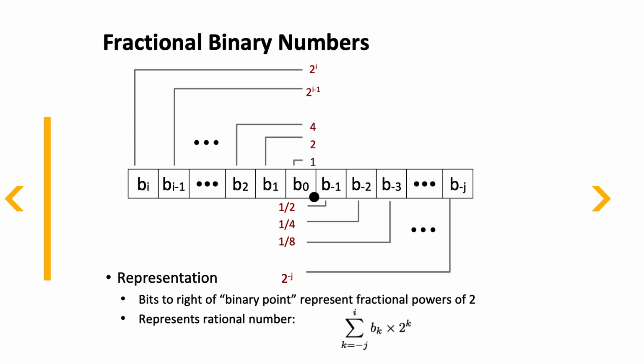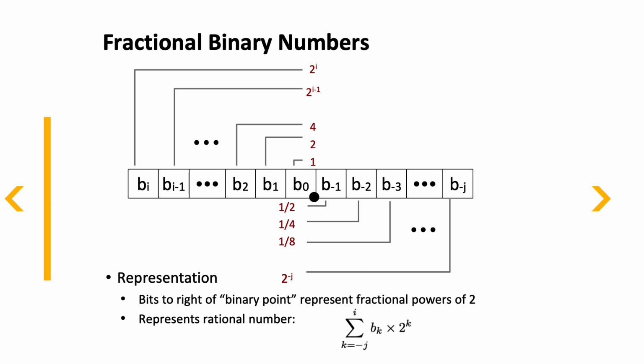When we break this down, we find out that it works very similarly to integers. We just have to add that binary point and some stuff to the right of it and figure out how we deal with that. Remember that we had our places: our i equals 0 place, our i equals 1 place, our i equals 2 place, and that indicates the exponent that we put on the base when we're figuring out how much the weight is worth. So for the 0 place, it's 2 to the 0, so that's worth 1. The 1 place, 2 to the 1, was worth 2, 2 squared is worth 4, and so on,